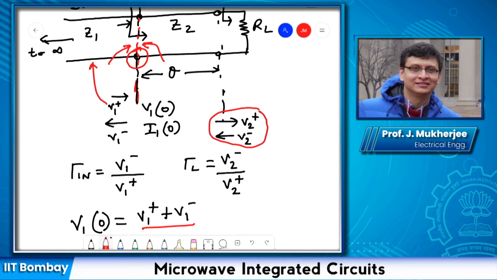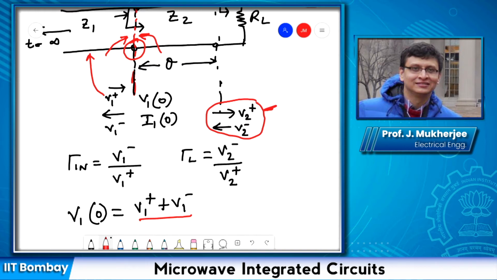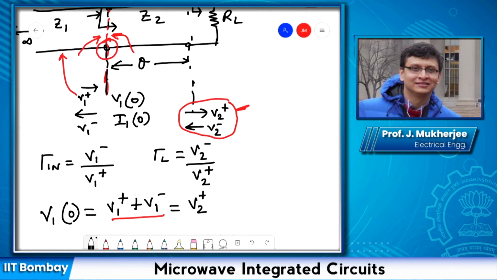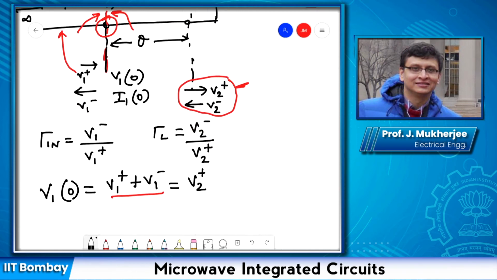Can I write the voltage at this point in terms of these voltages? So if I try to write, I should get an expression like this. This follows from the transmission line theory, where I take the distance from the load end and say the total length of this transmission line is L. Then this becomes,